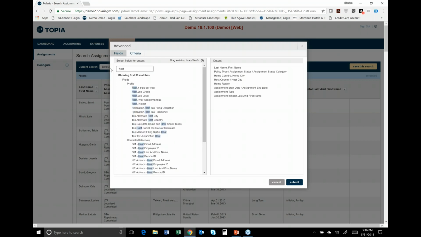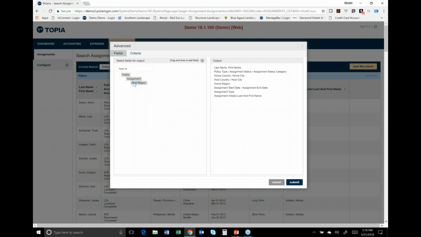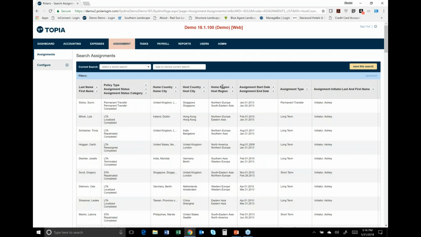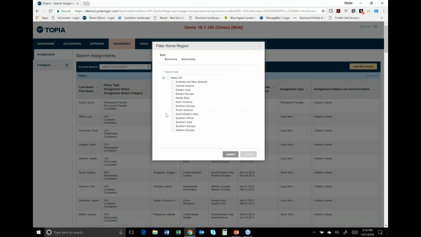Similarly, if I want to be able to search on host region, I can do that as well. And then I can stack these two so that they'll be right one underneath the other, and I click submit. That's how easy it is to add any information that you have stored in the database directly into the smart grid. And then, as we did, I can say,